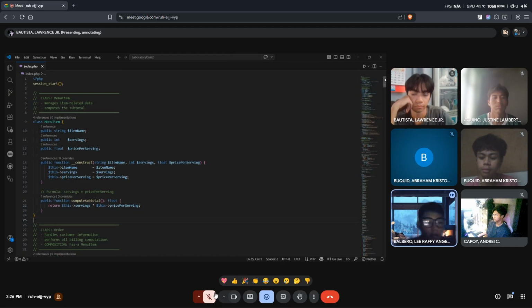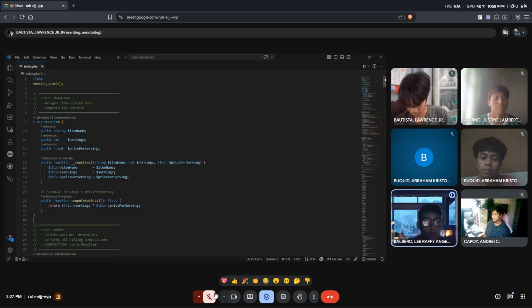It has three attributes: the item name, which stores the name of the food, the servings, which holds the number of servings the customer ordered, and price per serving, which is the cost of one serving. You also notice that each attribute has a declared data type. Item name is a string, servings is an integer, and price per serving is a float.